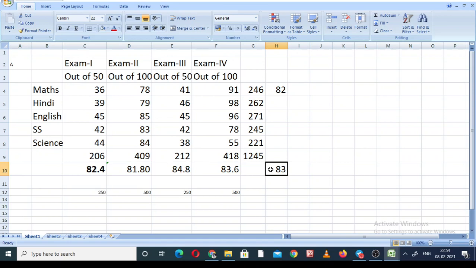This is a little bit lengthy method to calculate it, because we are at the initial stage and we have only one student. In the next video there will be, suppose, 40 students, 4 term exams, and 5 subjects, and I am sure you can calculate the total and the percentage within 2 minutes. One more formula will be there. We will discuss it later on in the next video. So in this video this is all about calculating the sum and the percentage of a particular student. Thank you.